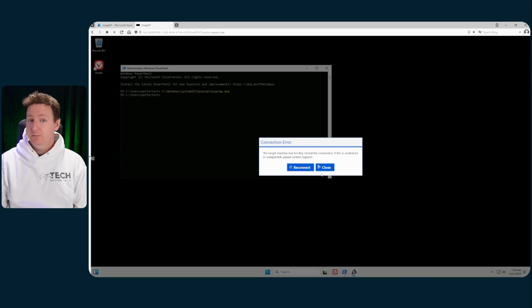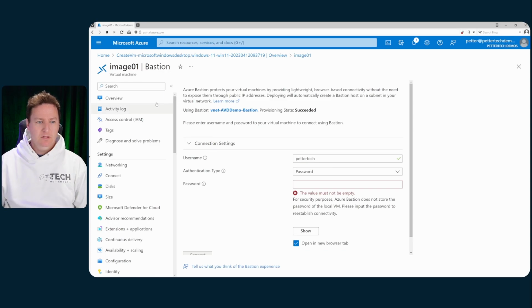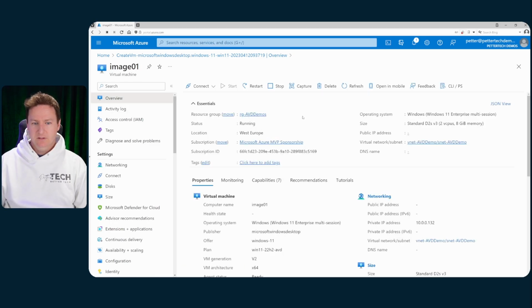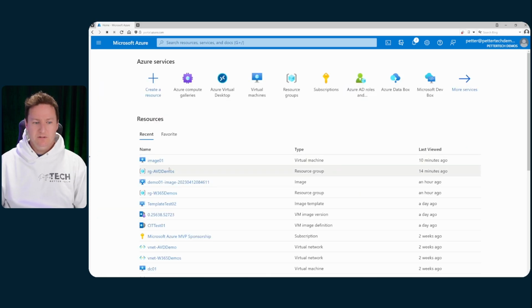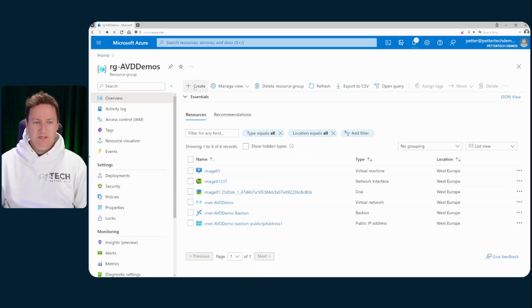Alright, seems like sysprep has done its job and shut down the VM. So let's close our Bastion window and go back to our VM. As we can see, it's still running, so it's probably in the process of shutting down, so let's just wait a bit more. Alright, now the status is stopped. We should also do a deallocation, so let's just stop it properly. And while that is stopping, we can go ahead and create our Azure Compute Gallery, which we need to store our image in. So I'll go back to my resource group, and then I'll hit Create,